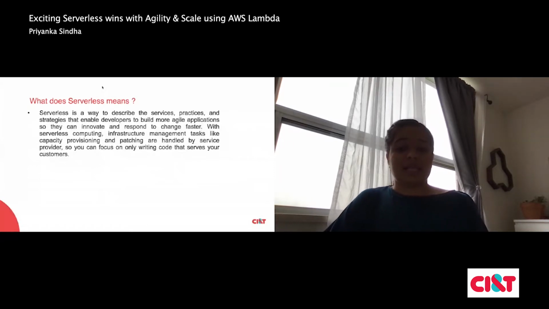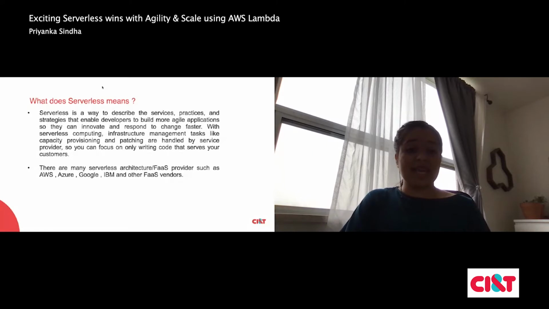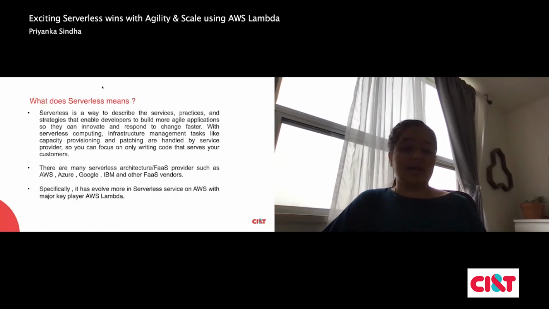What is the next thing? There are many providers out there. The major providers are AWS, Azure, Google, and IBM, and there are other vendors too, but those four have evolved the most. Specifically, AWS Lambda, developed by Amazon, has more features.